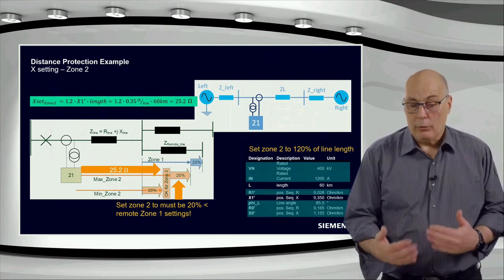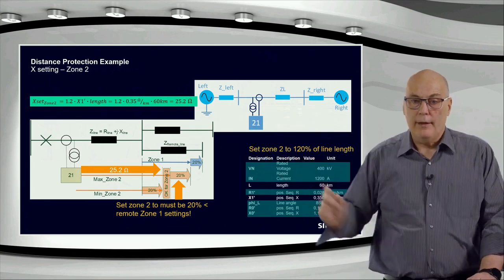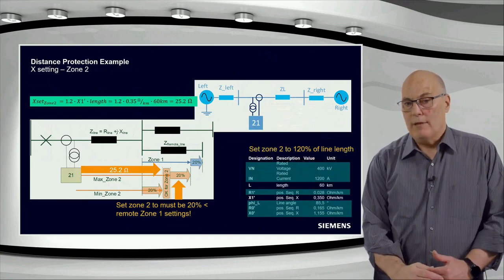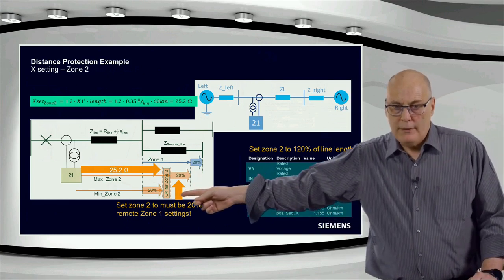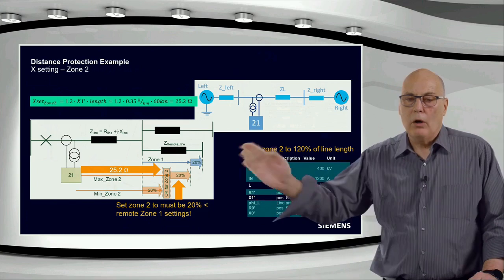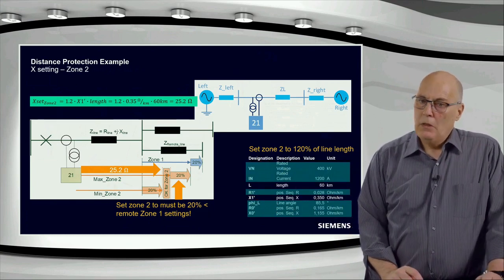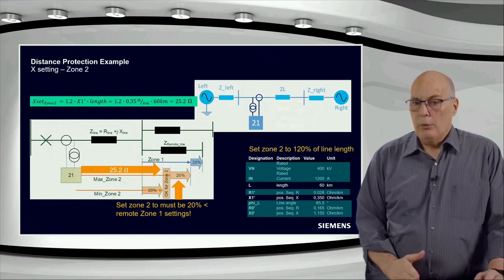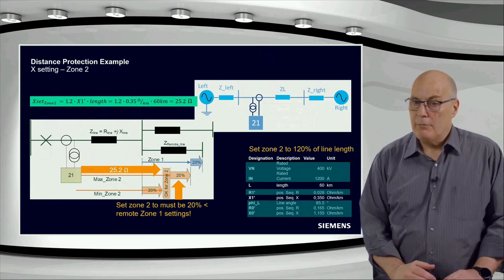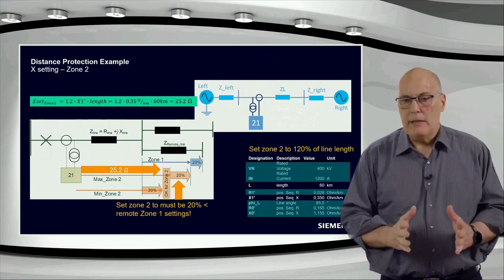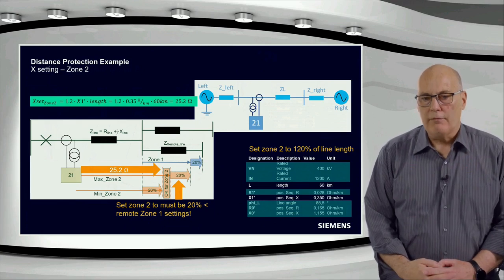So there we apply a 20% safety margin again, but this time overreaching. So you can see it in the factor there as 1.2 times the line impedance. So we have, as you see at the bottom there, a 20% safety margin, but overreaching. So we have to set it to 120%. That is the requirement. That's what we will set. You can maybe on short lines set it to 150%. That's fair, but it must be at least 120% under typical conditions